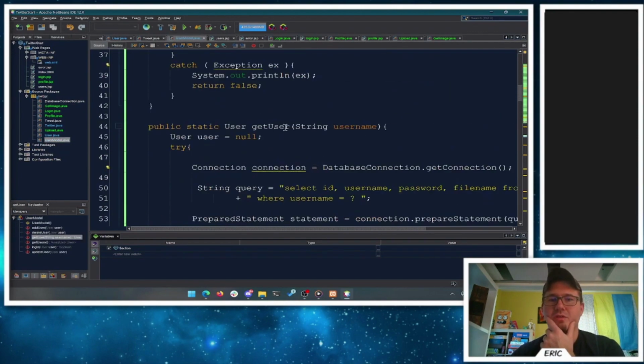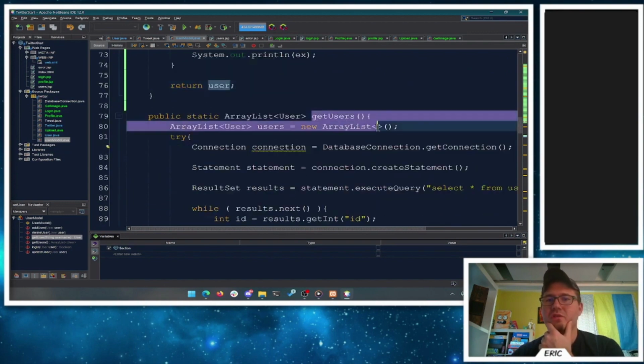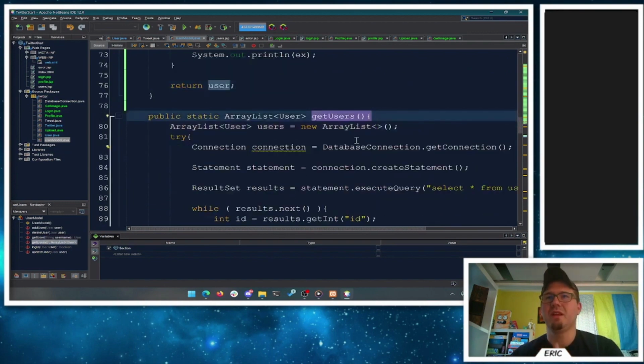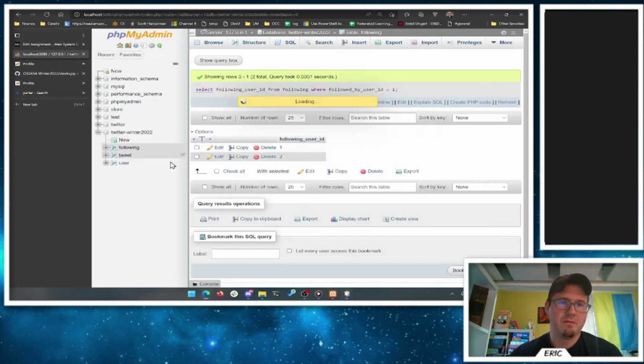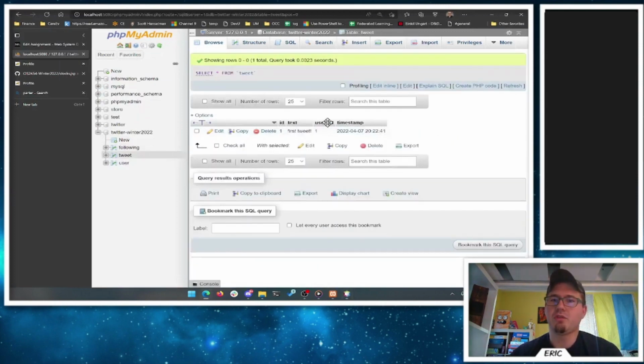Here, where's our get users? Get all the users. Now, this is not how we do it in real life, but again, we haven't done databases, so it's okay. If you're in your tweet model, you can get an array list of tweets. You can loop through all of those and look at that tweet ID. So in our tweet table, we had the user ID. So you'd say, okay, if the user ID is one of the values in your list of users that you follow,